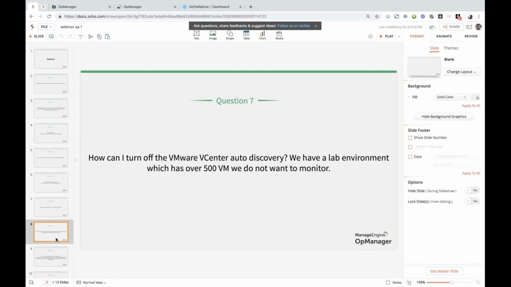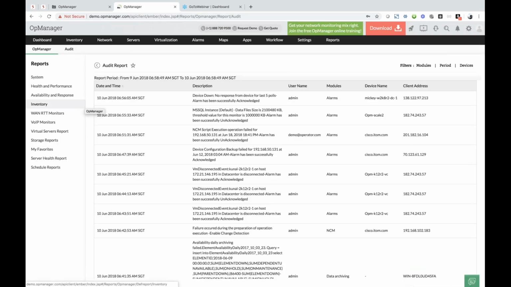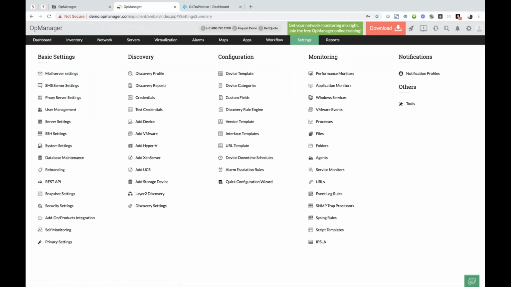The next question we have is, how can I turn off the VMware vCenter auto discovery? We have a lab environment which has over 500 VMs we do not want to monitor. In order to stop the auto discovery, you need to go to the settings. Under the settings, credentials, which is available under the discovery module,